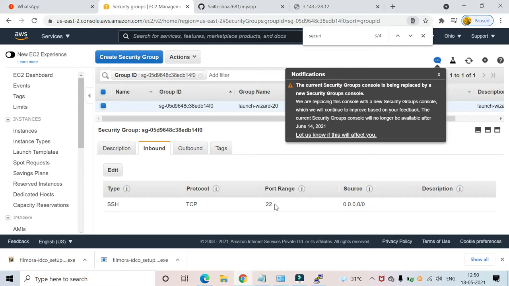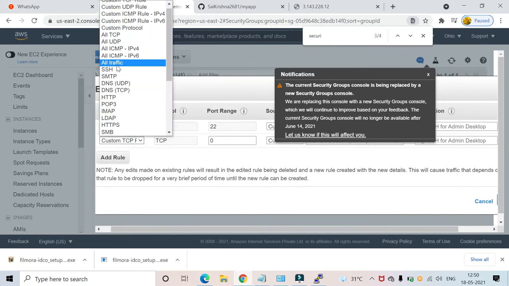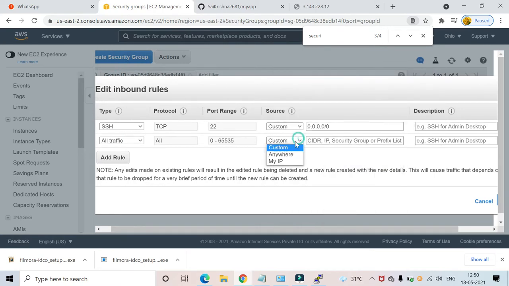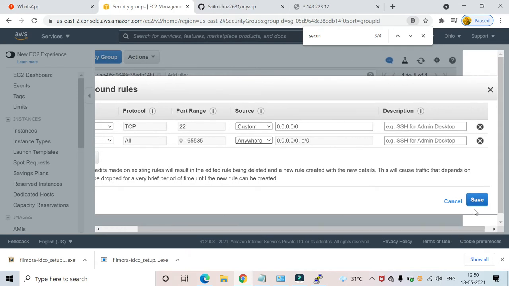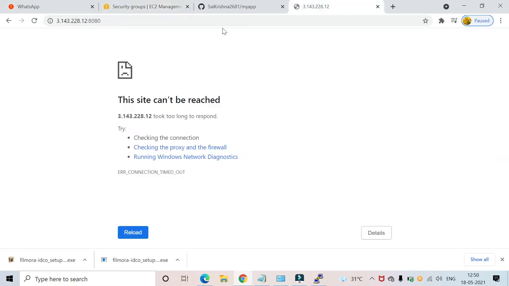By default only port 22 is enabled, but Jenkins runs on port 8080, so we need to enable port 8080. So let's say all traffic, I'm allowing every port, and I say it can be accessed from anywhere and save it. Okay, now everything is enabled. Now you can access Jenkins. So Jenkins is up and running now.